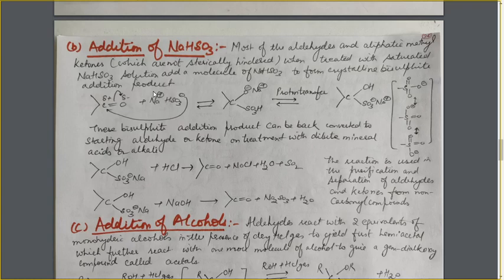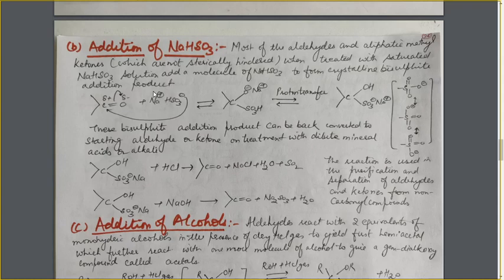What are methyl ketones? Aliphatic means that on the carbon, both sides represent an alkyl group, and methyl ketones means that on one side there is always a methyl group, and on the other side it can be ethyl, propyl or butyl. These are the methyl ketones which are not sterically hindered, because due to the presence of one CH3 group on one side there is little steric hindrance, not much. That's why the reaction easily takes place in these cases.